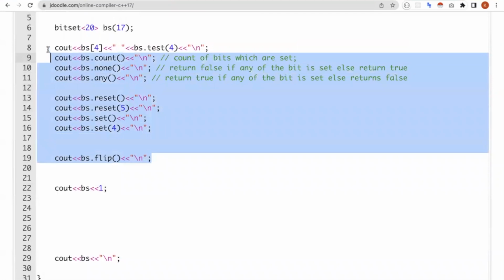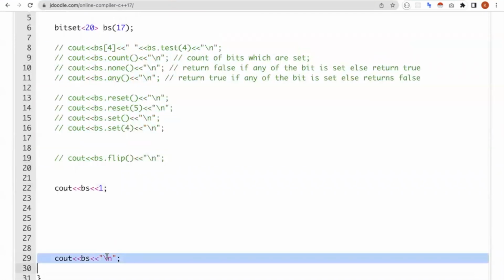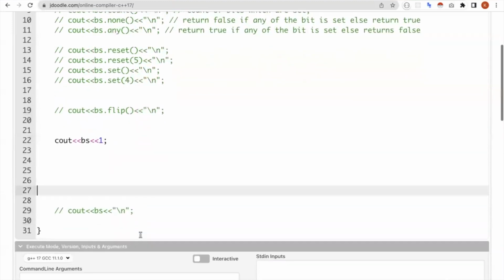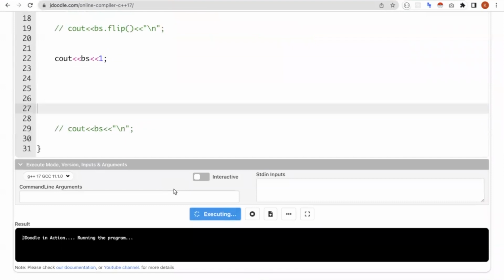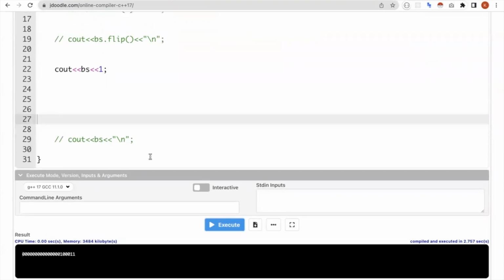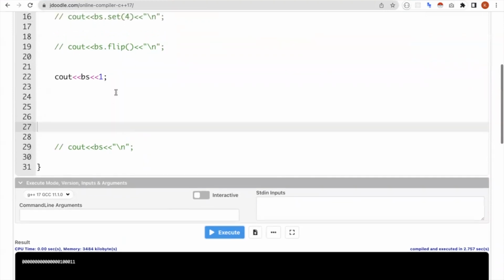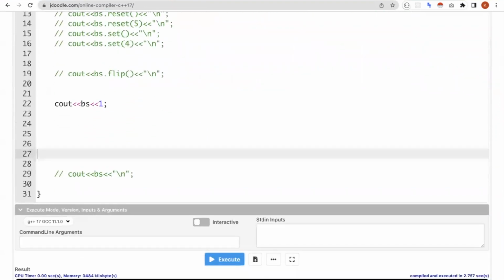I'll comment out all these things. It actually gets multiplied and moves towards the left. Initially our value was 1001, and now if I shift it one towards the left,